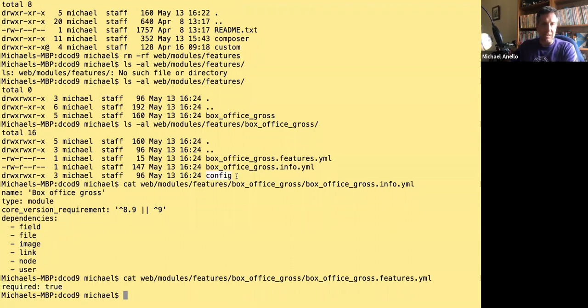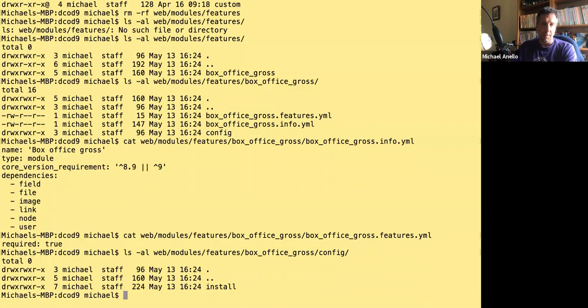But then the action is inside the config directory because everything we selected is just config. And really features are generally just config. I guess you could put some custom code in there, but. So it's config install. So config install basically means that when you enable the feature, when you go to like